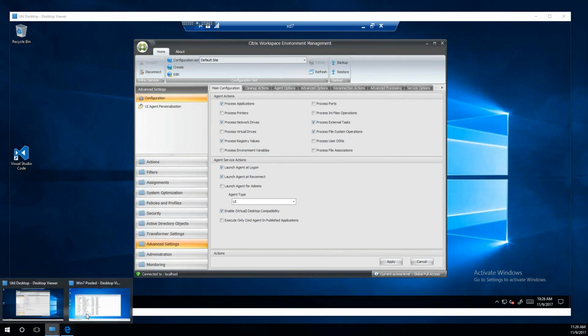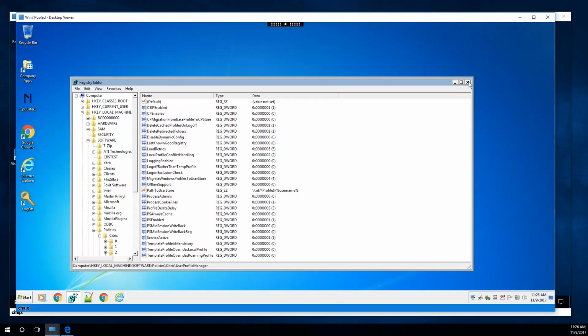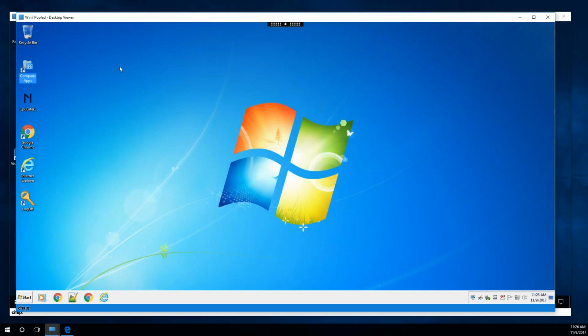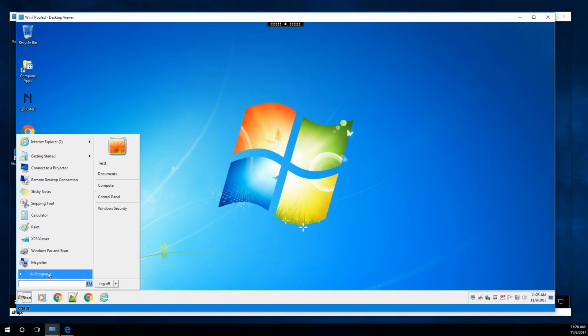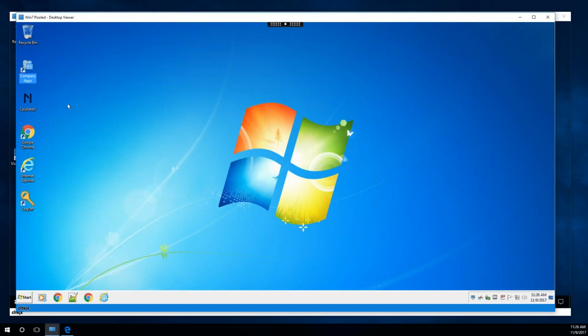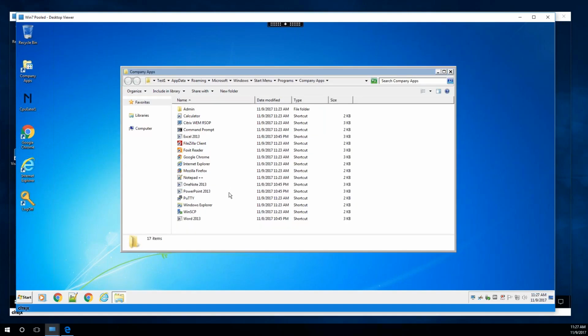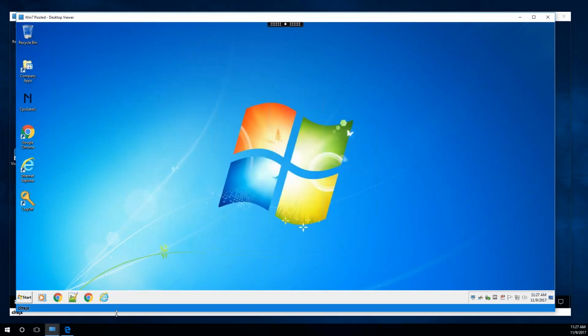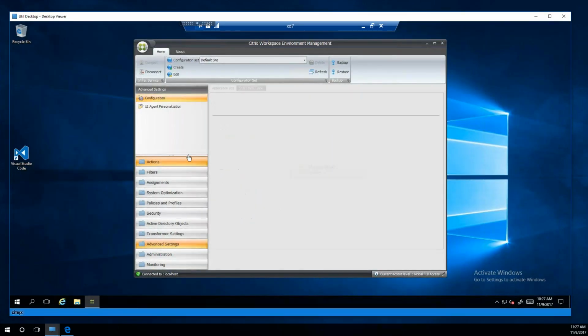Now, some of the fun things are, for user experience, everyone seems to want to have icons on the desktop. So one of my favorite things to do is you actually create the shortcut here in your start menu for whatever applications you want, and then create a shortcut to that on the desktop. One, we're not cluttering the user's desktop. Two, we're not adding more space to our folder redirection because that's what we're going to do anyways. So this way you can have all of your applications available on the desktop for the user, but still keep it organized. So how you would go about doing that is very simple,